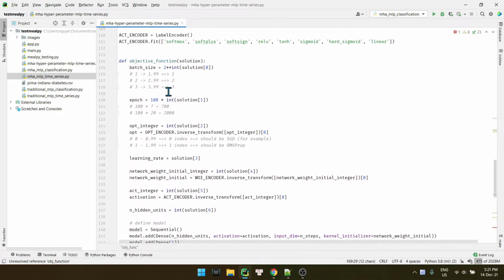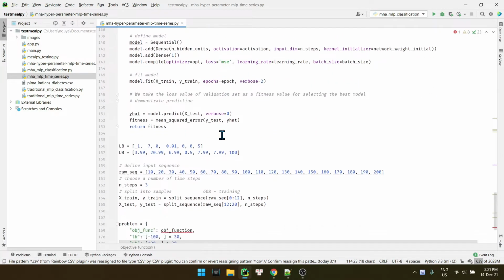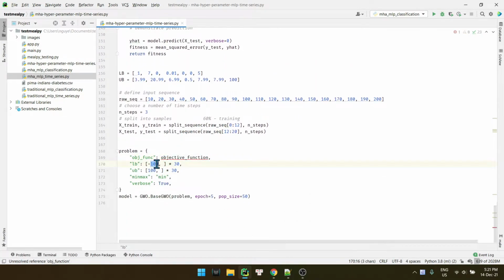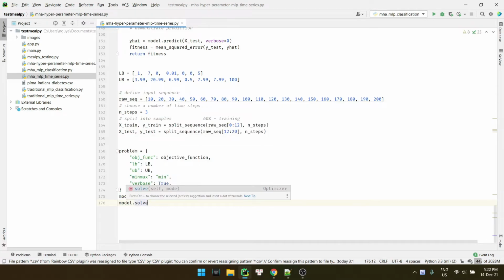So objective function, we have the objective function right here, and lower bound, we have lower bound right here. Nice. Upper bound, we have upper bound right here, and this should be a minimization problem. We want to print out the training process. Okay, and we go to the solve function.